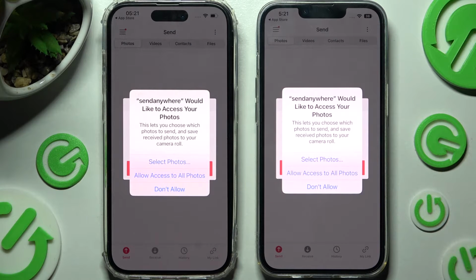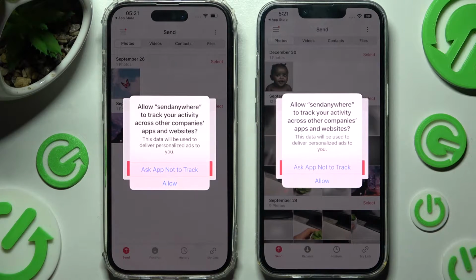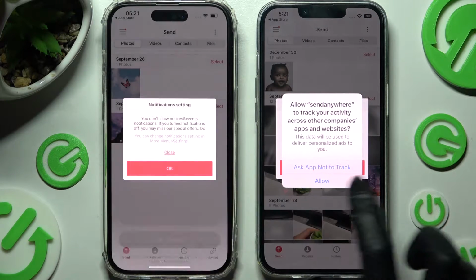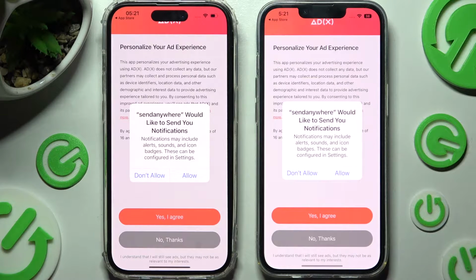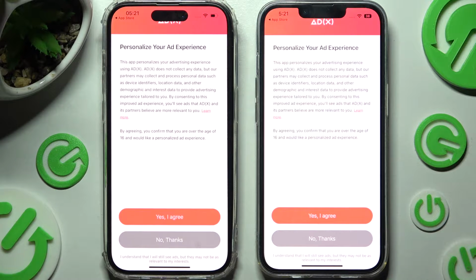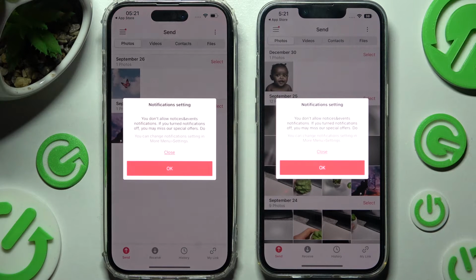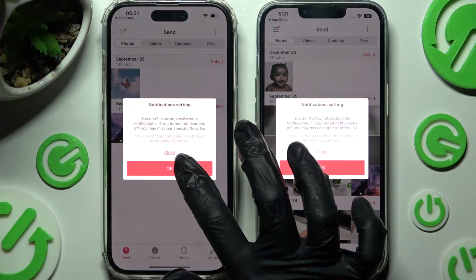Now, in order to use this app, you need to choose Allow access to all photos. Then click on Allow in this pop-up, and Allow or Don't Allow in Notifications one. Then click on Yes, I agree or No thanks, and tap on Close this window. Over here you need to choose OK in the pop-up,